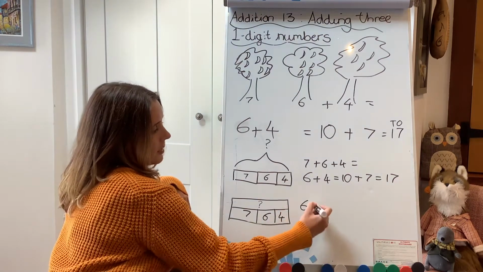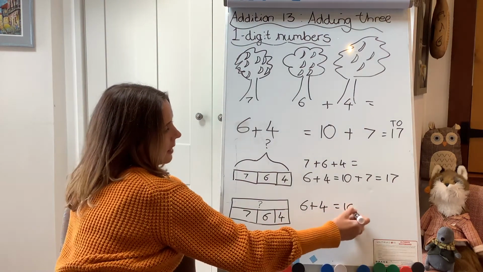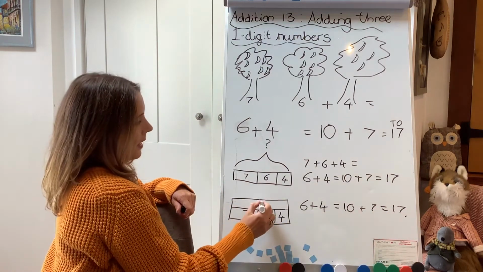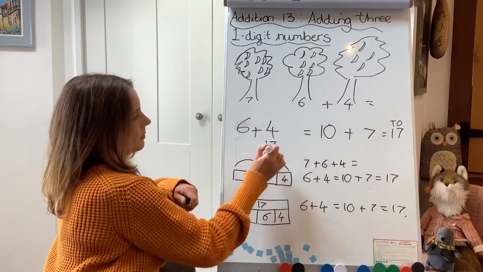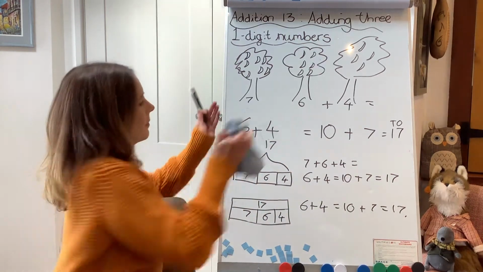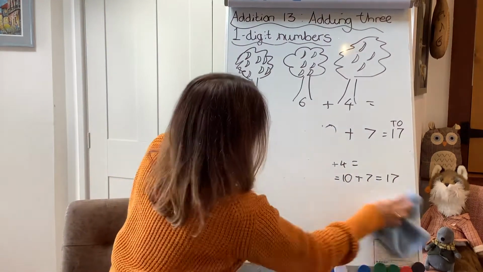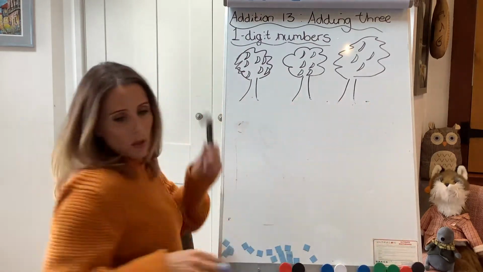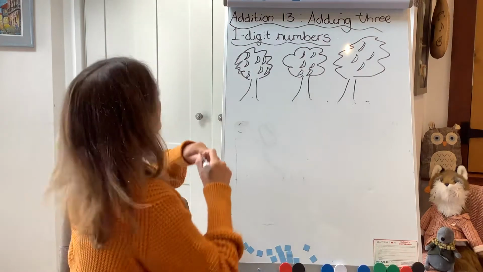So we can say 6 and 4 is 10 and 7 is equal to 17. And so the number there is 17. Okay, this time you're going to have a turn. I'm going to show you the bananas on the tree, and you're going to work out how to calculate this